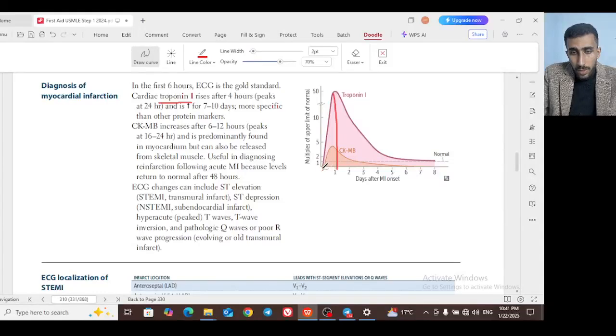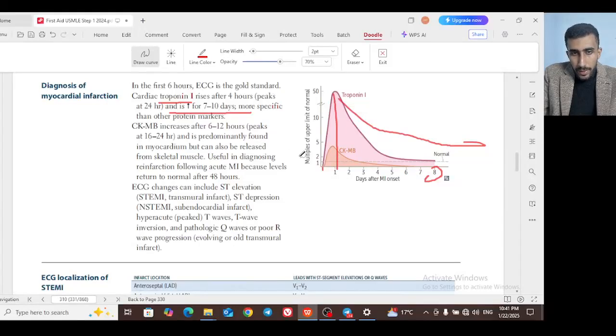It is the first to rise and reach its peak around 24 hours, but the downside is that it stays elevated for up to 10 days. It may continue rising for 7 to 10 days. It's more specific. The best is the troponin I, but the CKMB